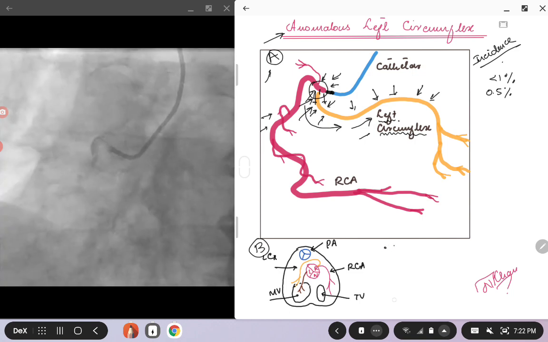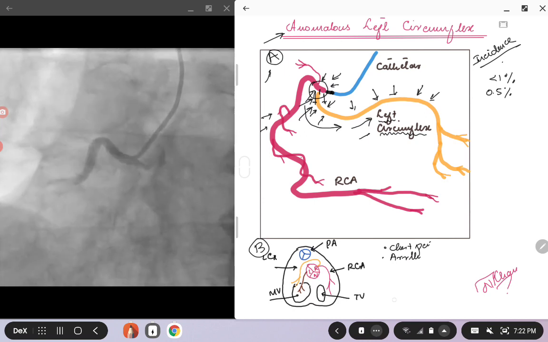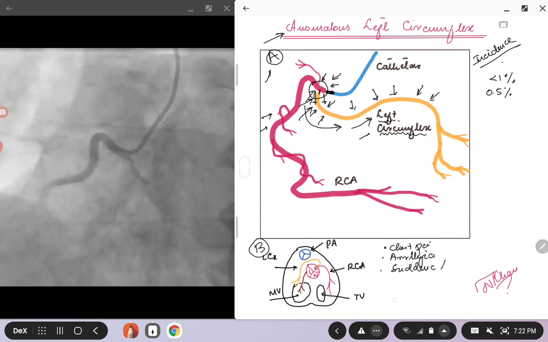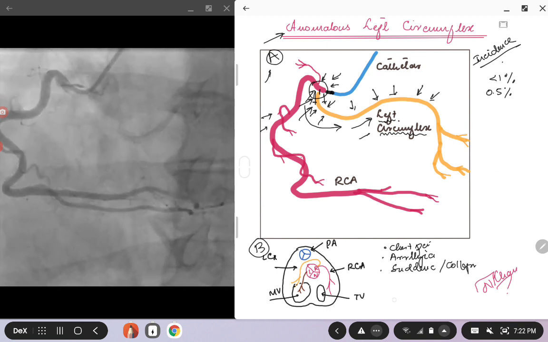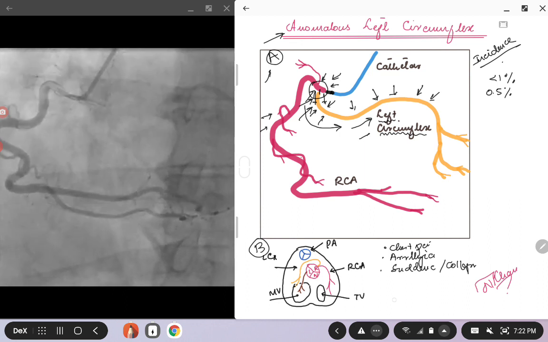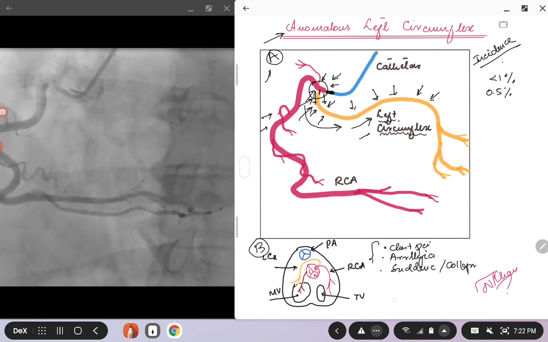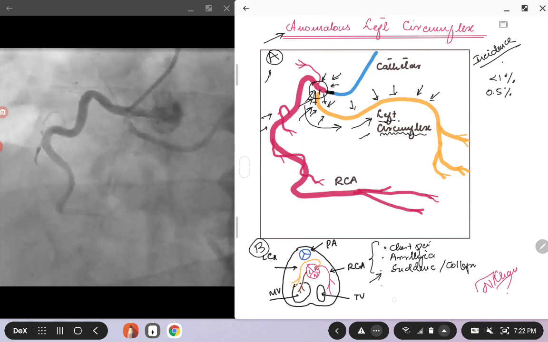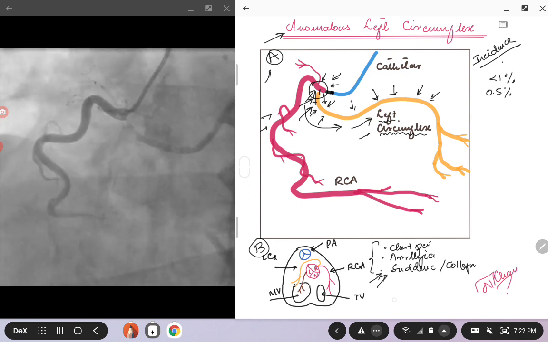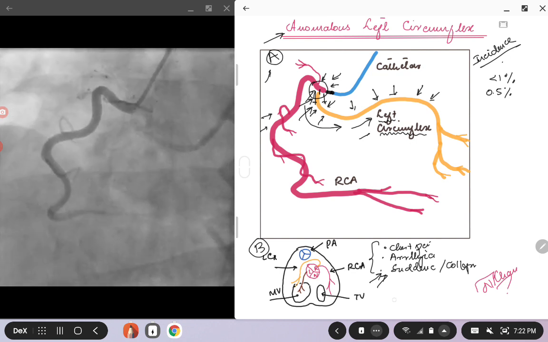Maybe it can be chest pain, it can be arrhythmias, and rarely sudden death or collapse of the patient, and then the patient gets an angiogram, and then you are trying to figure out if that anomalous takeoff of the left circumflex is the culprit for any of these presentations. But for the most part it might not be. The patient might have a separate problem for that, and then the takeoff of the left circumflex might be an incidental